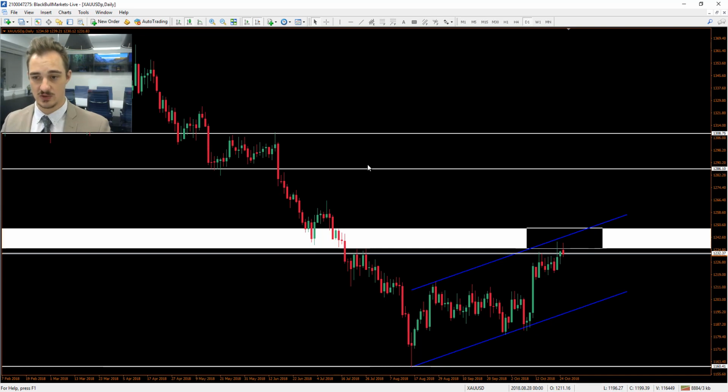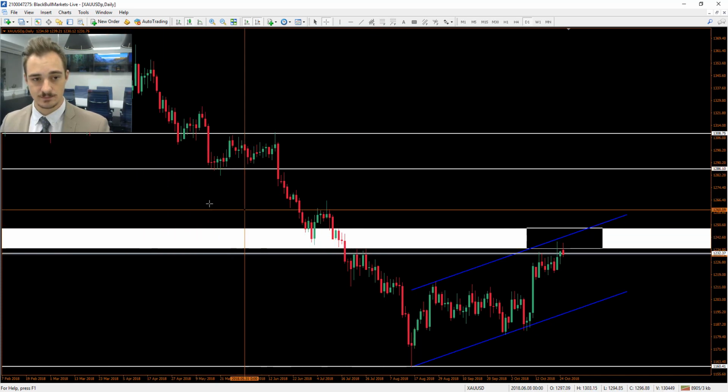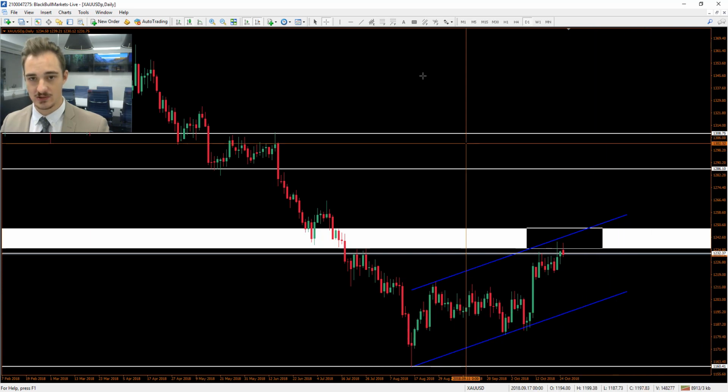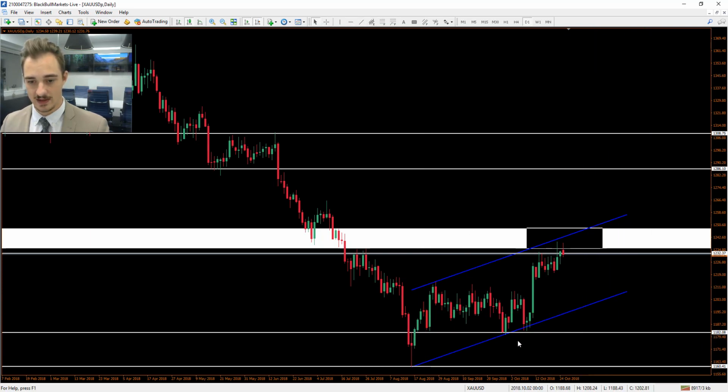But if it does break, we do have our resistance areas coming. You can see that was our previous resistance where we had this sort of multiple top we were looking at, and then a move further to the downside. Again, if it does break to the downside, do keep all these areas in mind. So we have that support area, and again here at that low we have over there at